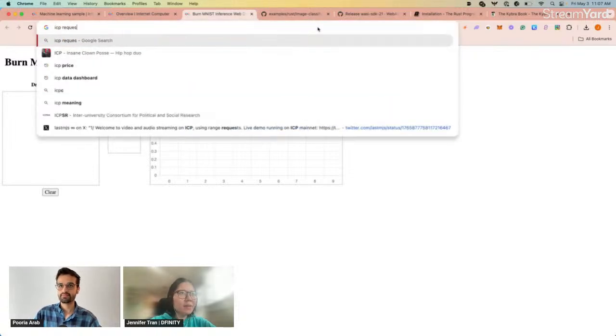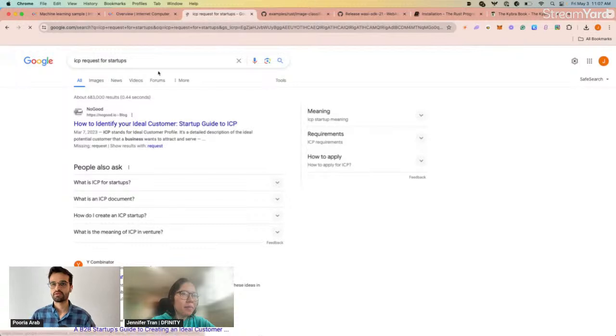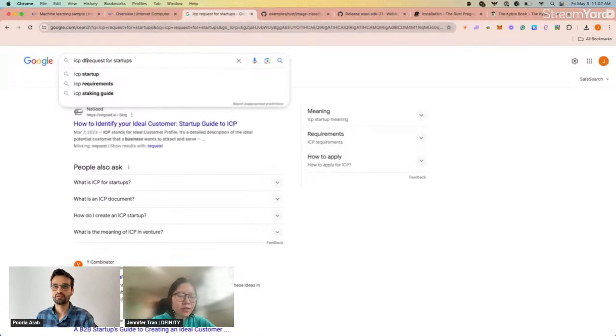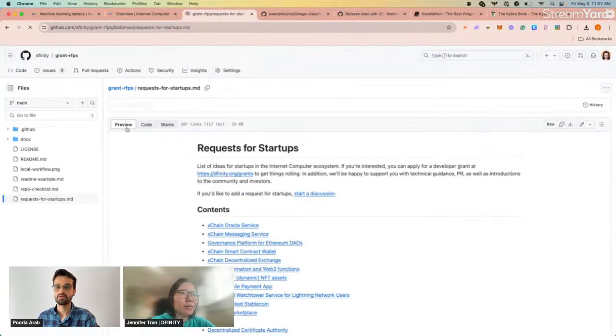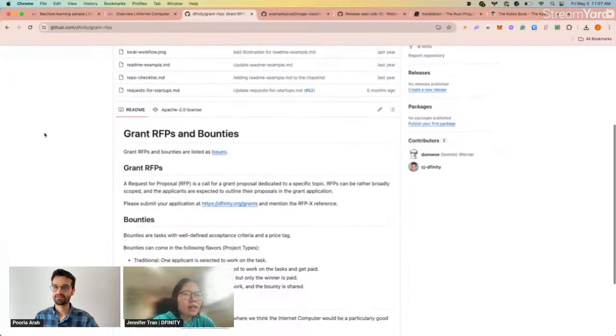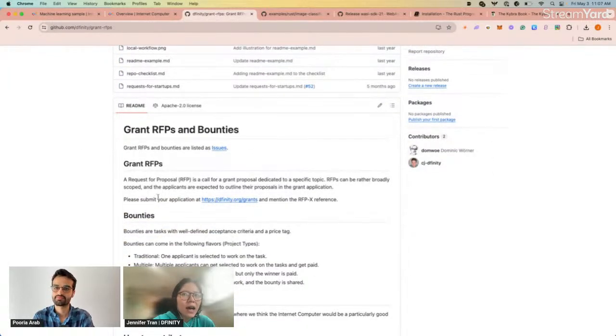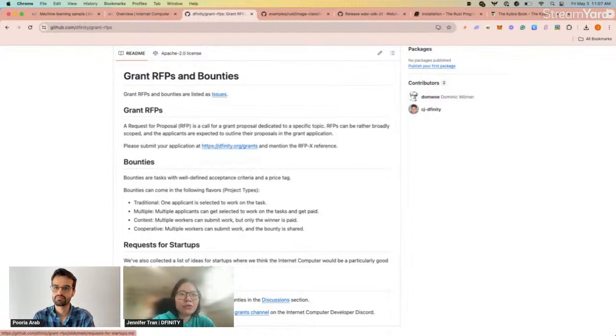Yeah, there's an ICP request for startups. Let me just grab that here. There is a repo called github.com/dfinity/grant-rfps. I will share that with your team at BLoud. It's practically a list of RFPs and bounties that we have, as well as requests for startups.